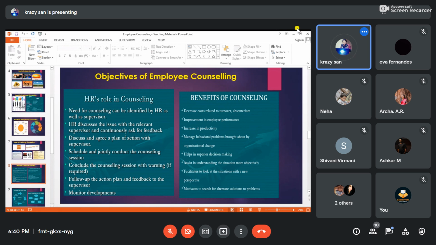So what you will see is that with proper counseling given in a very holistic way, directly or indirectly both the parties are benefited. Even employees are benefited, and even the industry, company, or employer, whatever it is. Other than that, it helps